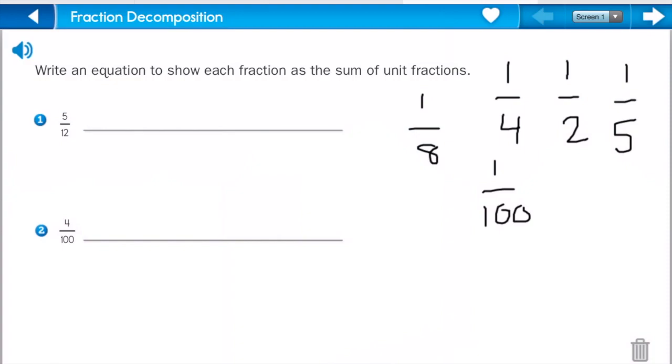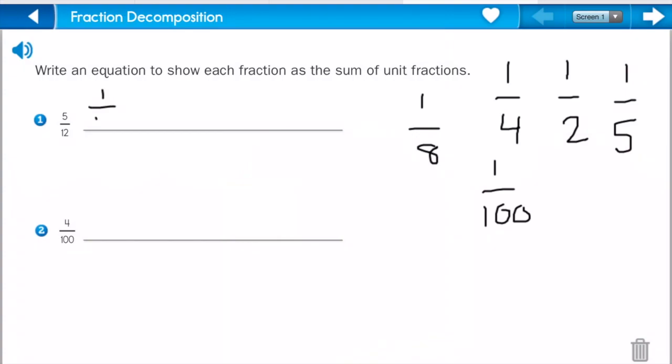Now, I'm going to talk about what it means to decompose a fraction. To decompose a fraction means that we are going to split it up into unit fractions. So, for example, let me show you what we're going to do. Number 1 says that it is 5/12. We're going to show this as unit fractions. How you're going to do that is you're going to write